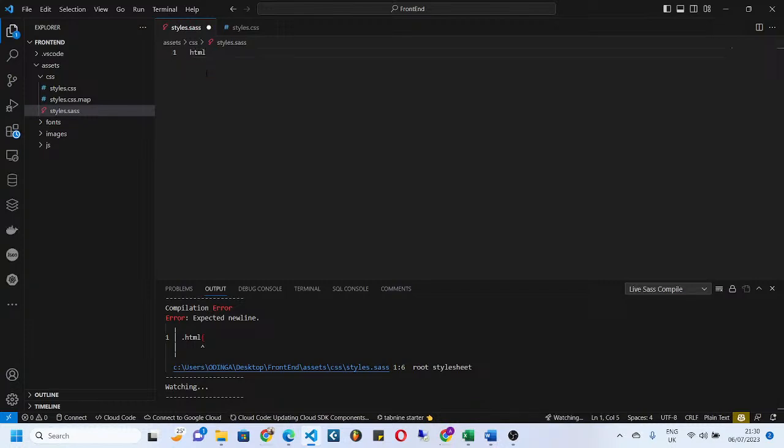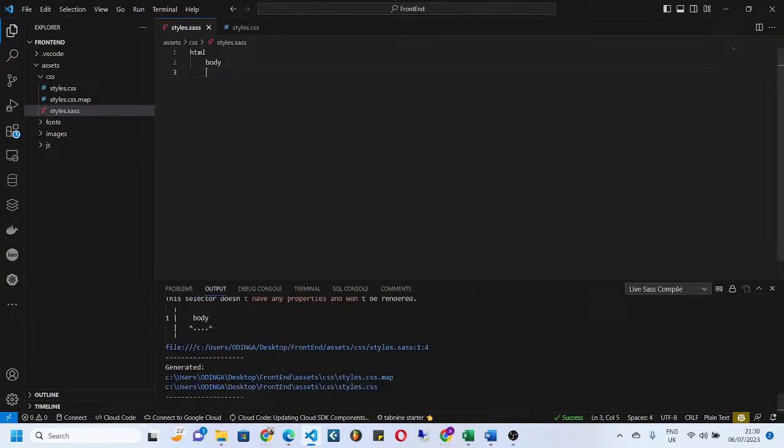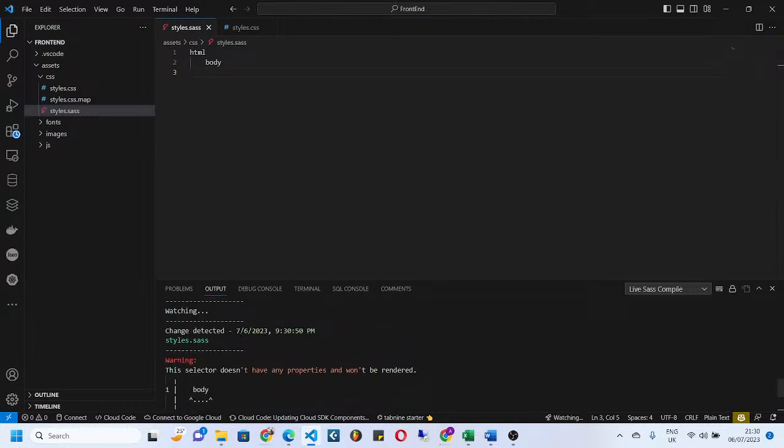I do HTML, then I do body, and I save that. See, this selector doesn't have any property and won't be rendered. If I go back to my CSS, I still don't have anything. So in the body, I can add